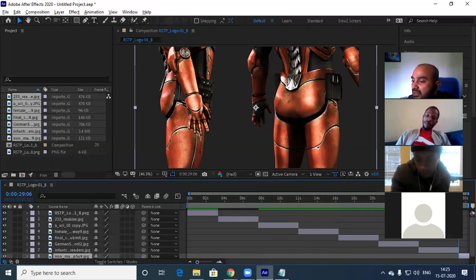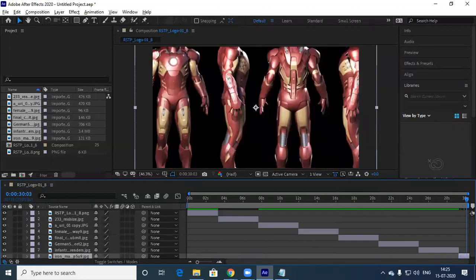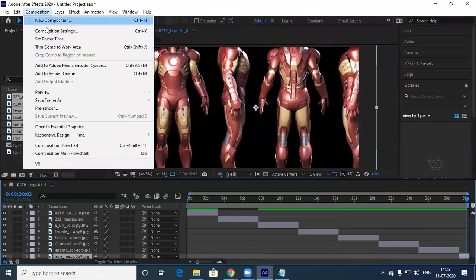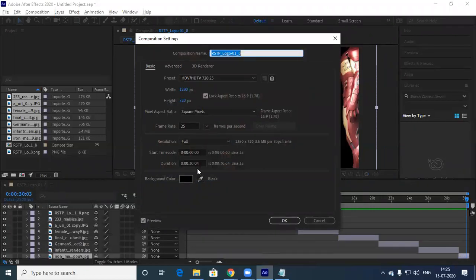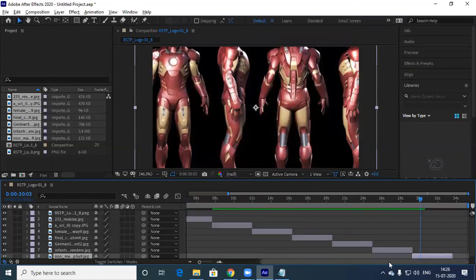But if you notice here, it is ending here, but I'm not able to see my clip completely. Till 30 seconds only my video is there. So you go to composition settings and increase the duration. See, the total duration is limited to 30 seconds. Instead of 30, I make this 35 seconds and give OK. Now you see here. Then I press O.